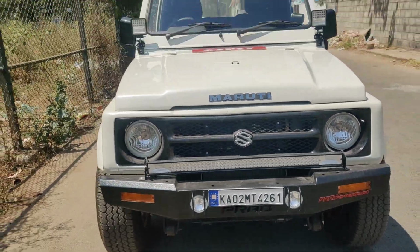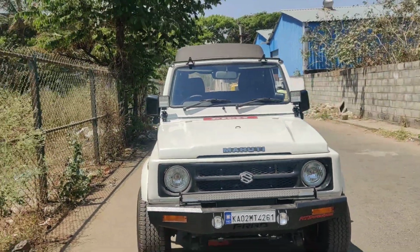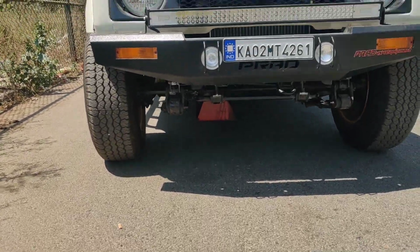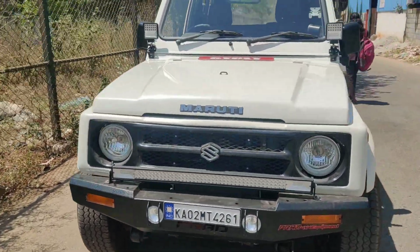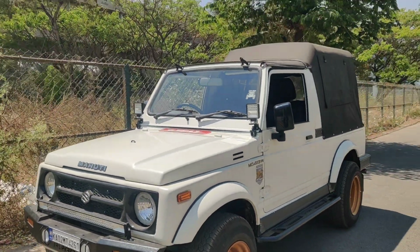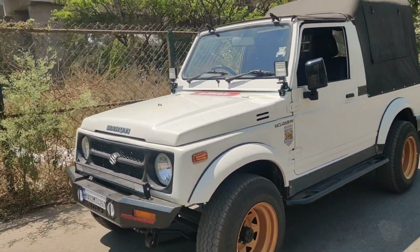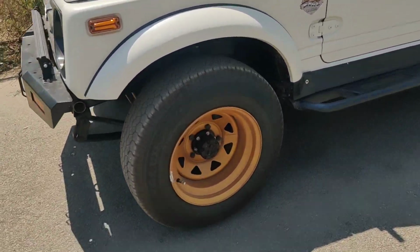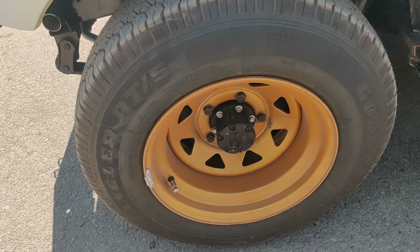Long LED lights have been installed in this completely. And apart from that, you can just check there is no lift kit in this. Apart from that, this vehicle is with a 1.6 Baleno engine, AC and power steering are available, and the soft top is completely modified. We have used brand new paint, pearl white in this, and the off-roading rims are silver color with